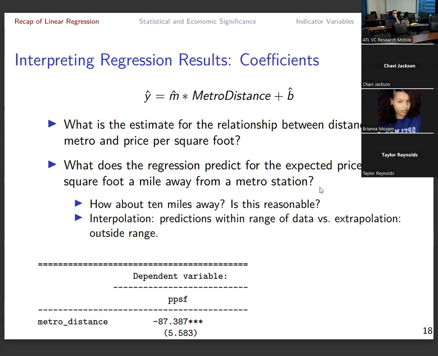Any ideas, Taylor? Because it's still an estimate. This is not like a definite price. Right, exactly. There's still uncertainty in this thing. There's nothing that says that everything's fit with exact